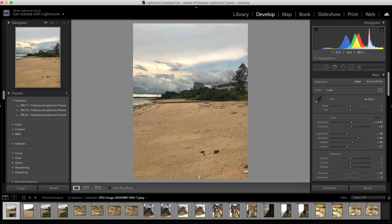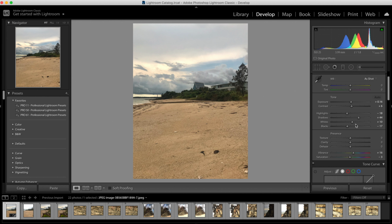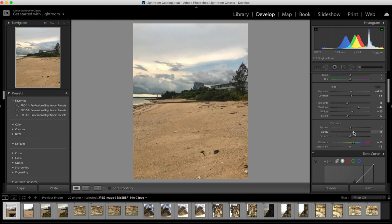It'll fix it a little bit. Still retain the background, so that's pretty good. They didn't blow it out automatically. So what I'm gonna do is I think the color is okay, but what I want to do is maybe go into clarity and just boost the clarity up a bit, bring the texture in the sand. So what I do is I go all the way up, and then I just dial it